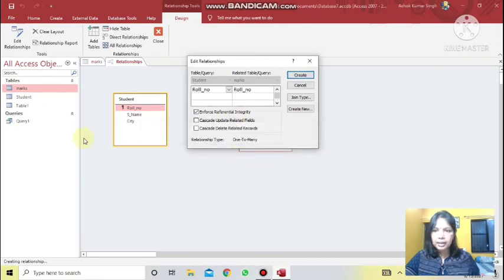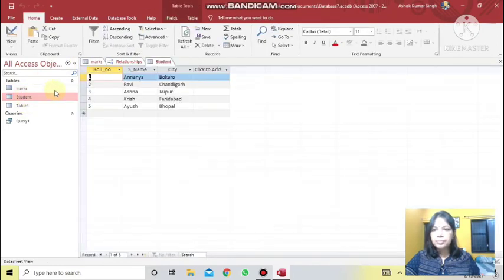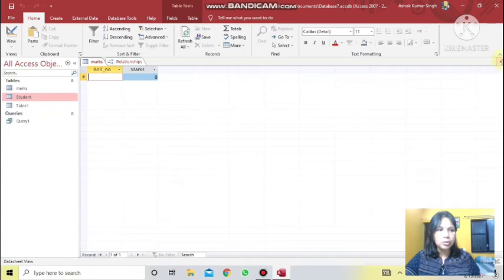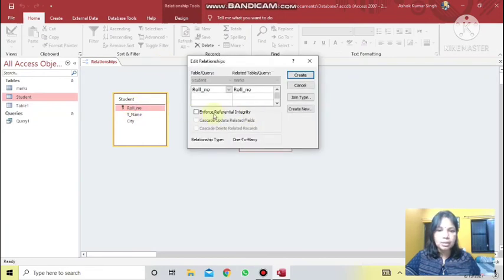it is opened, I suppose, that's why it is not creating. First you close all those tables if they are open. Student table close, and then marks table also you close. Now you create here the tabs. You can see if any of the tables is open, it will not work. So drag it and keep it on this referential integrity, create.